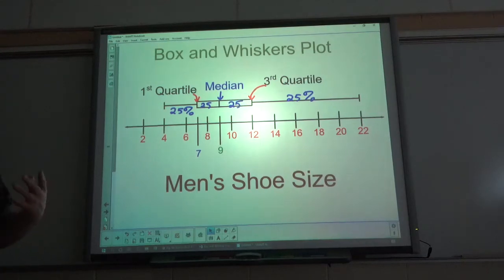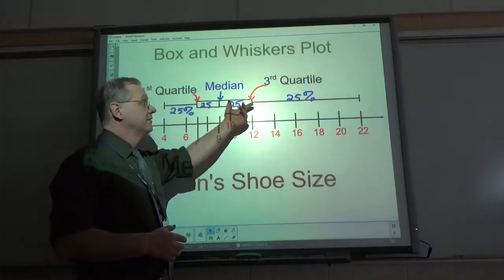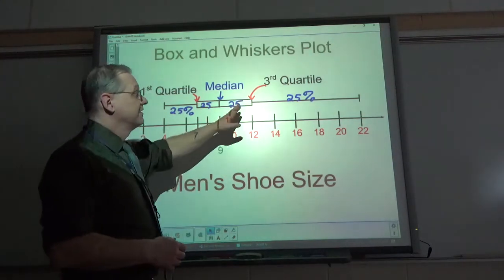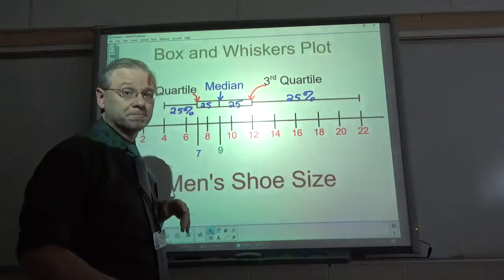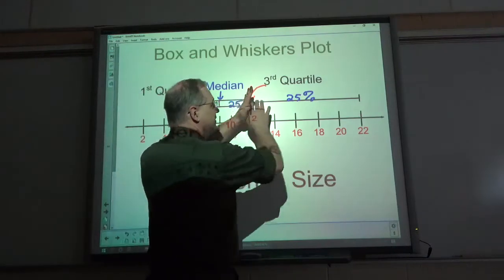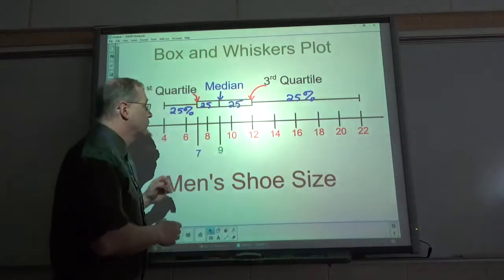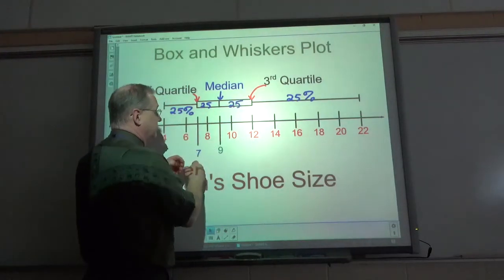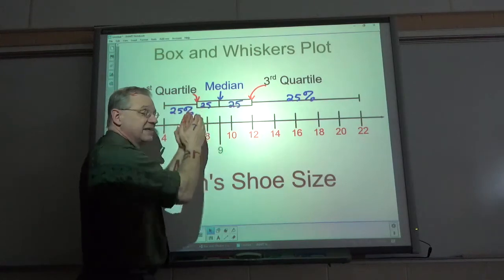So besides knowing those percentages, and that's a very limited amount of data there, the way that it's drawn, like this quarter of the data is really spread out. Now that could mean several things, but it means that the actual values are kind of spread out here. Whereas this part of the data, between 7 and 9 sizes, 7, 8, 9, that's a very tight, but it's still